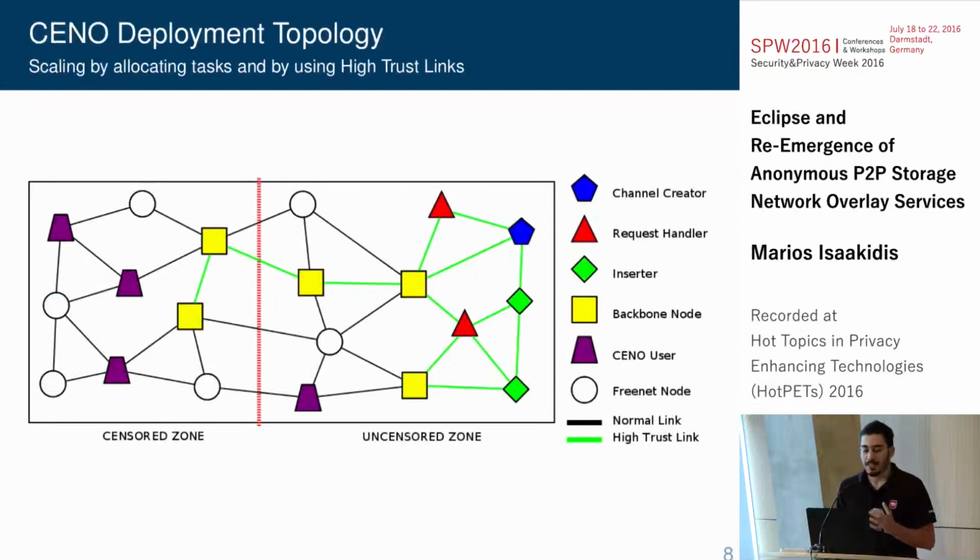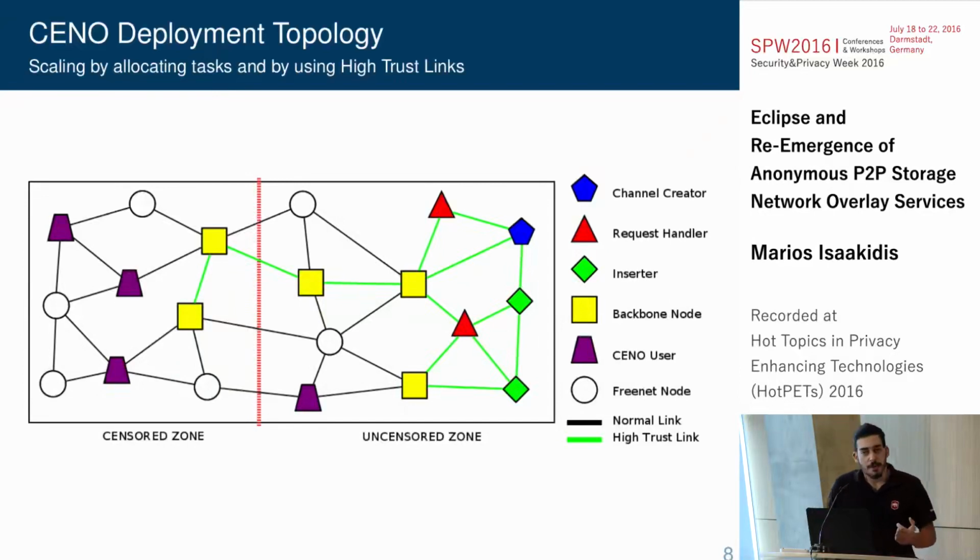Back to our service, Sino. I promise that it's a scalable application, something that can properly handle lots of users. But if we want it to be scalable, we won't be able to deploy only a single node and have all the users communicating with it and doing all the insertion in one node. So what you see here is a deployment topology diagram of the different types of Sino nodes, because in networks like Freenet, scaling comes down, in the end, to how well you can decouple the various tasks and allocate them to different types of nodes.